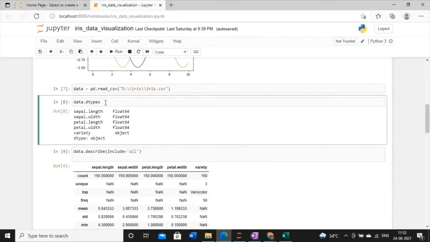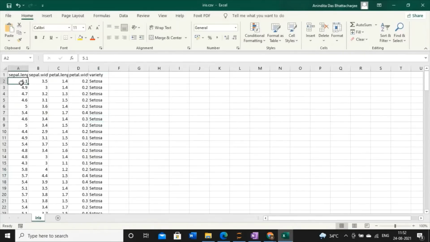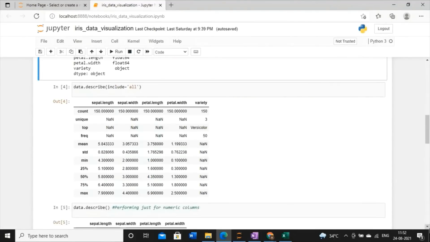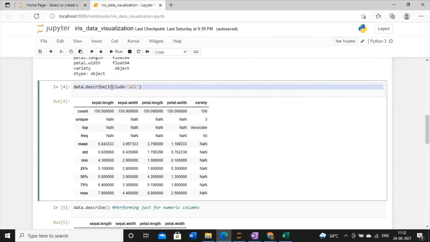Now you may ask me one question: why are you using dtype? Knowing the type of the data that belongs to each column is very simple, because if you visualize the data, this is a float64 value, this is a float64 value, this is also a float64 value, and this is an object kind of value, we know that. But why do we need it? Now I will tell you. First let me define this one.